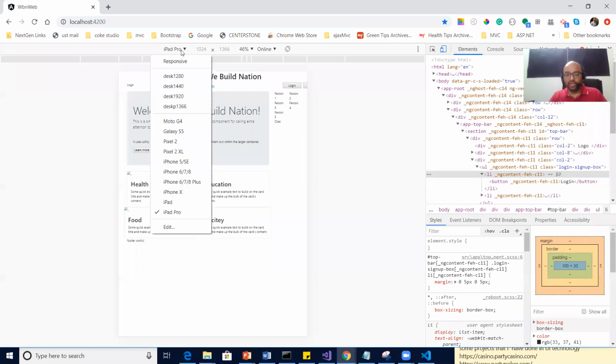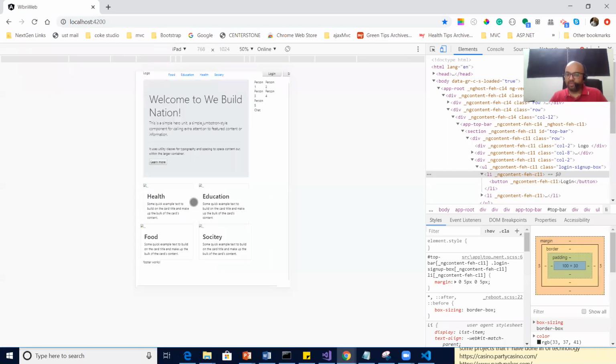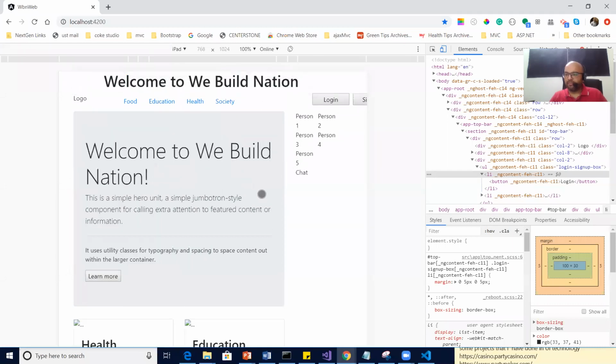Let's say if I open it in phone, it'll be much worse. See, in phone, totally destroyed. Even simple iPad, see, 100% if I do iPad, see where it is going. Correct, team? So these kinds of things we will fix first in the next session, and then we go for the colors and all. So right from the beginning, our page should be absolutely responsive.